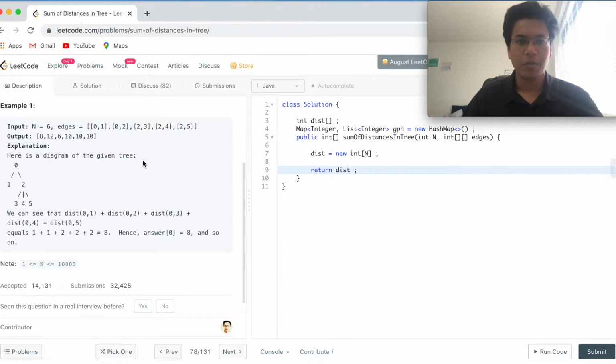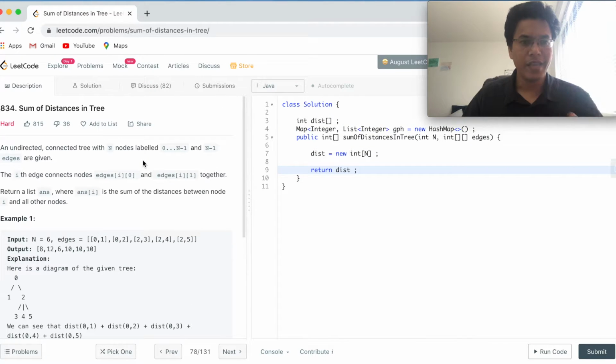But we know that the nodes are labeled from 0 to n minus 1, so we can actually use an array of lists also.